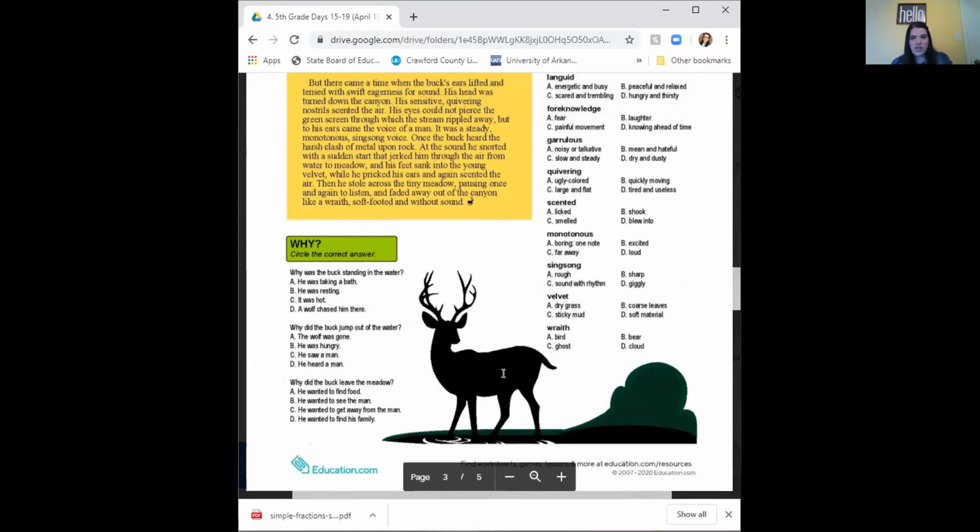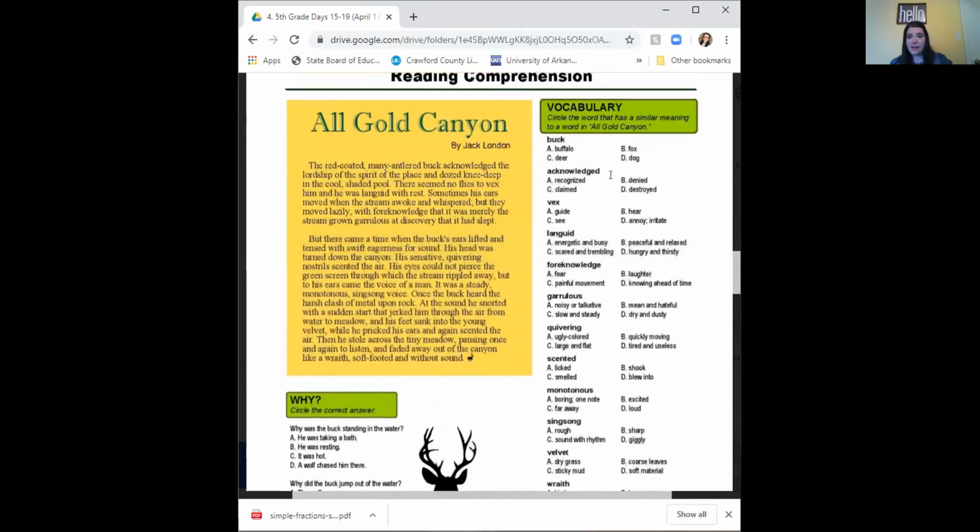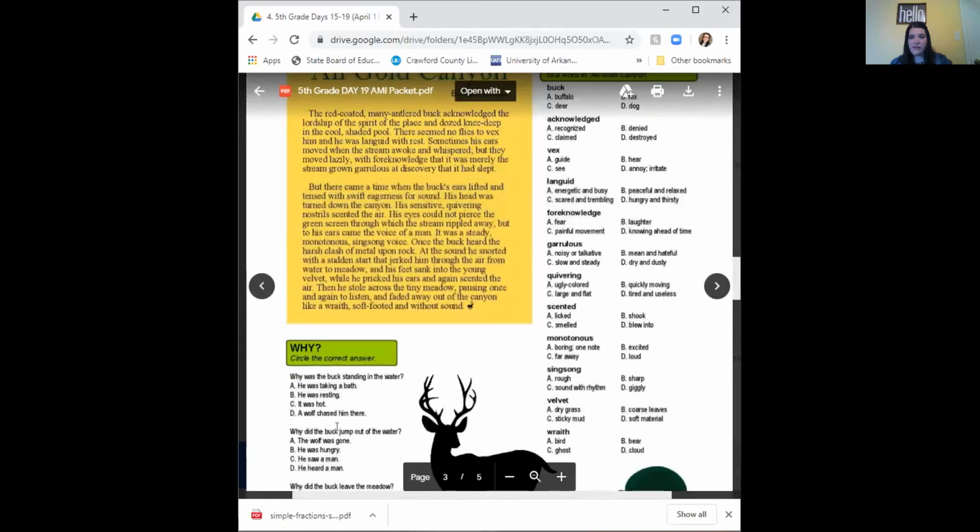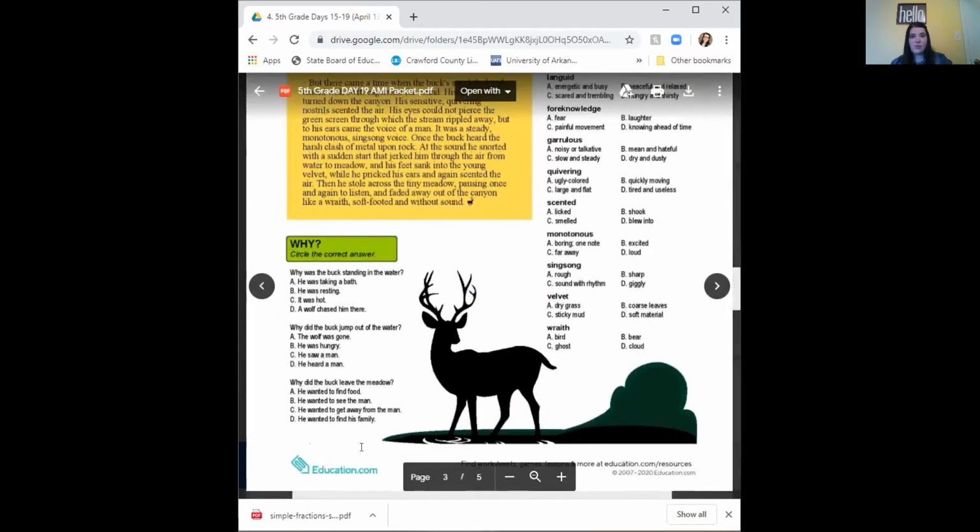And then the second question is, why did the buck jump out of the water? A, the wolf was gone. B, he was hungry. C, he saw a man. Or D, he heard a man. And then you have the third question, why did the buck leave the meadow? A, he wanted to find food. B, he wanted to see the man. C, he wanted to get away from the man. Or D, he wanted to find his family. So this little paragraph here about All Gold Canyon will give you the answer to all of these multiple choice